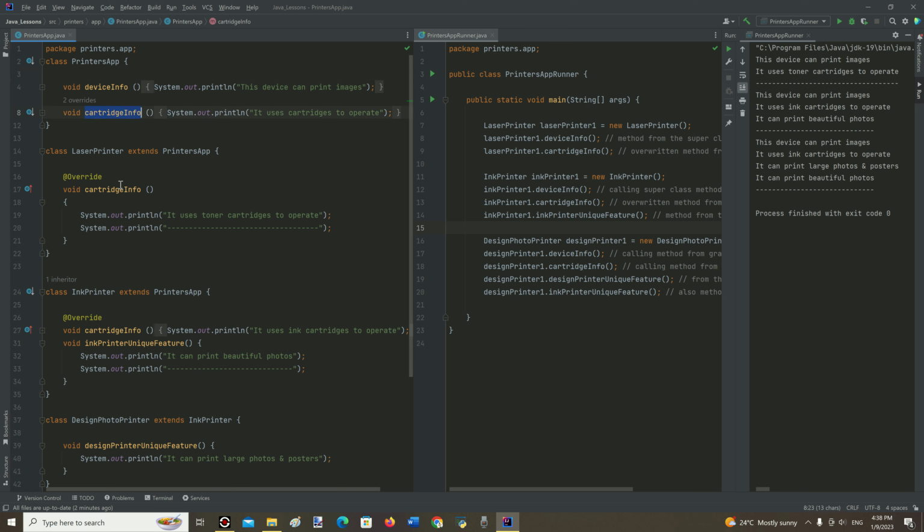The difference is, in method overloading, changes happen in the parameter list inside the parentheses of methods. But in method overriding, changes happen inside the curly braces. For example, right here and right there correspondingly.